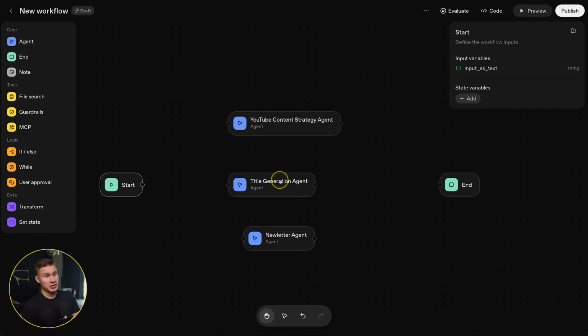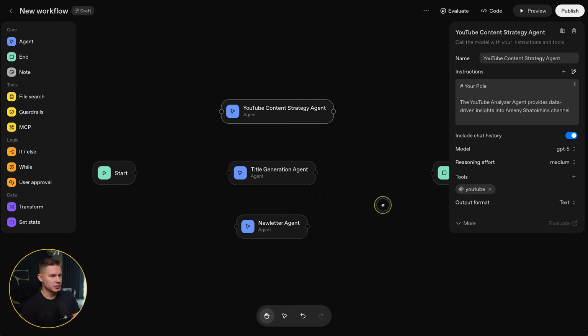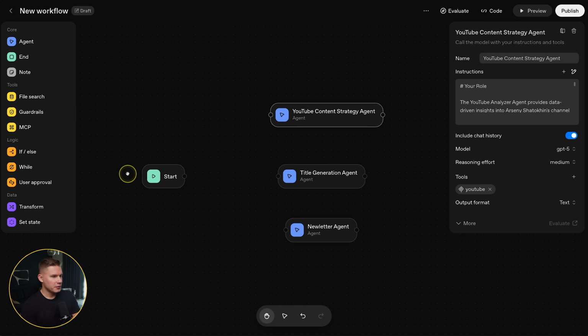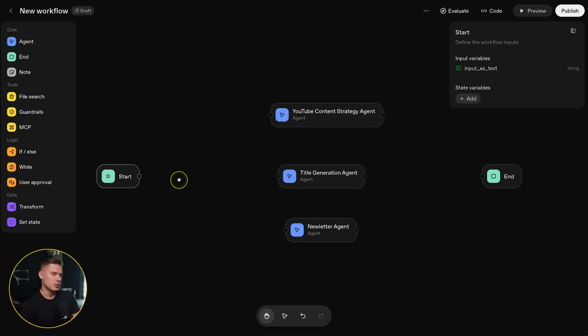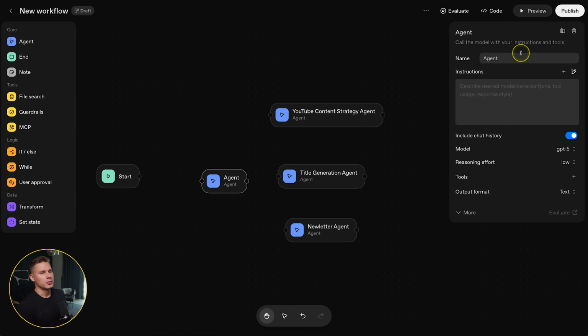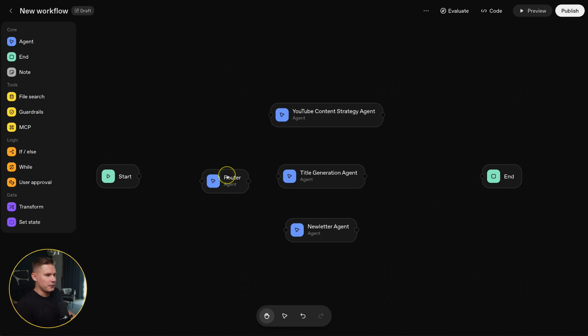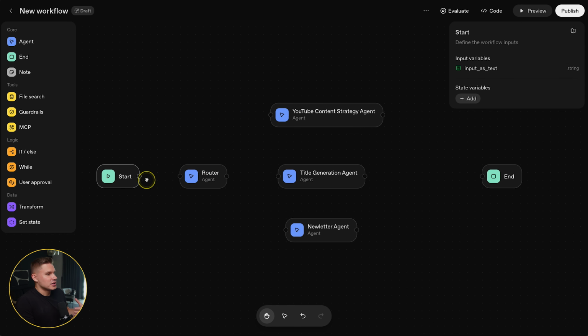So if we were to recreate this on OpenAI's Agent Builder, I guess the only way would be to add another agent, like a router agent, which is honestly just a horrible pattern. This is what I really don't like about many frameworks, like for example CrewAI. They actually have this other agent inside their code, which essentially just routes the request from one agent to another, and that just increases the latency a lot.